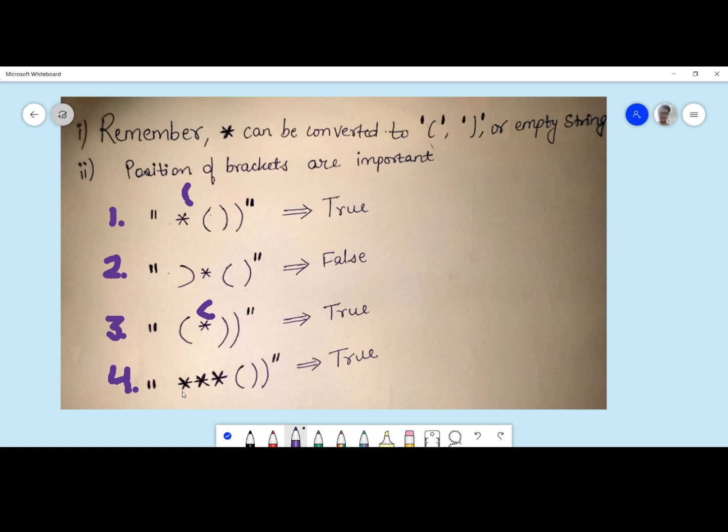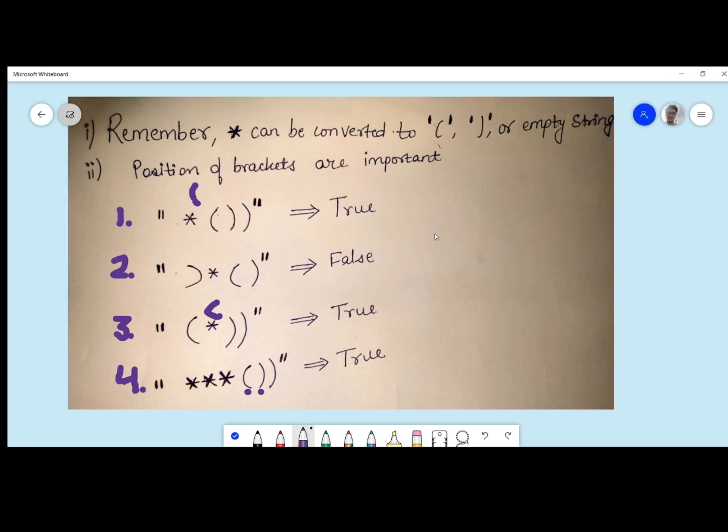Now let's come to the example number 4. This parenthesis and this parenthesis are balancing themselves, so if we convert only one star into the open parenthesis, then our string could be valid, and considering the rest of the stars as an empty string, so we return true. Let's take an example where the star is acting as the close bracket. In this example, if we want to balance the string, we have to make our star the close bracket. So the resulting string would be balanced.